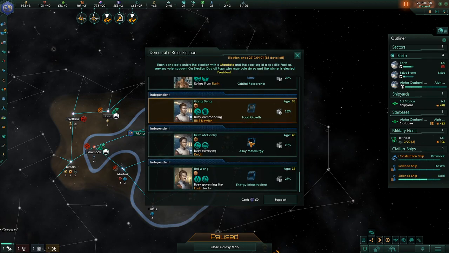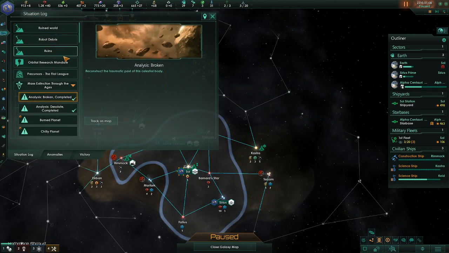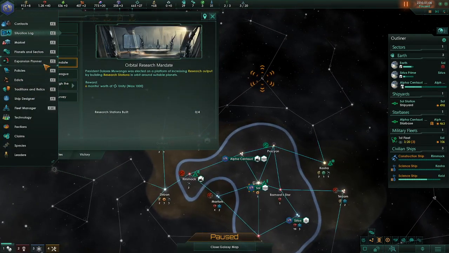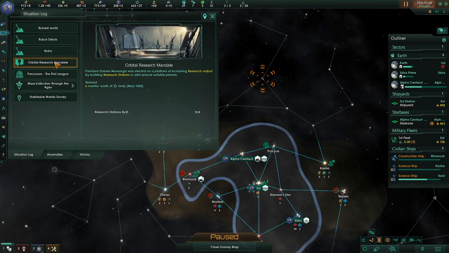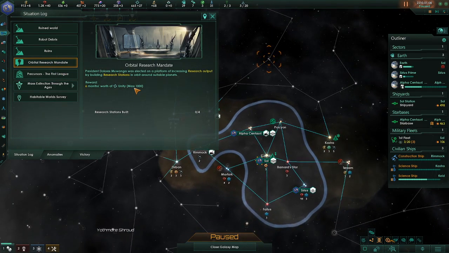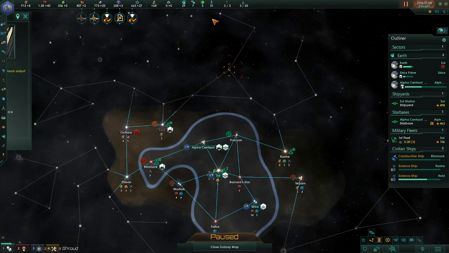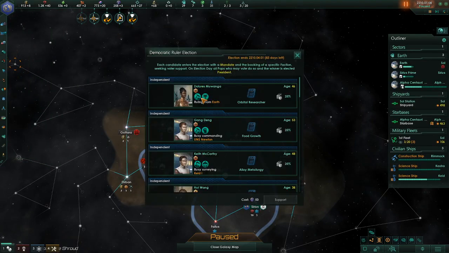Well, that's really nice. Also, I forgot to mention, when you're a democracy, and I think it's pretty much only democracies, you get goals where if you do certain things, you'll get unity. Like if I build research stations, I would have gotten some unity. But I didn't do it, so oh well. But anyway, I think